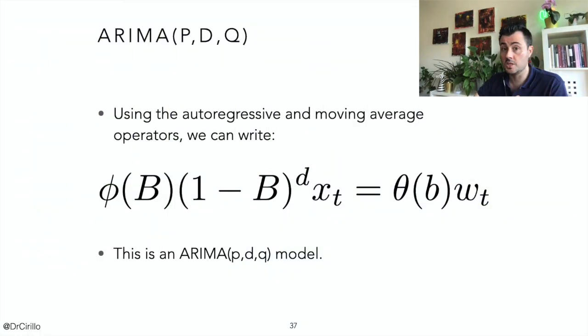If we define differences on the differences, we are playing with an ARIMA model integrated twice. So the integration parameter that defines an ARIMA model, and that essentially builds the difference between an ARMA model and an ARIMA model, is the parameter that tells us how many times we are taking differences of our data. Now, an ARIMA model is simply defined, as you see on your screen, by using the notation that we have